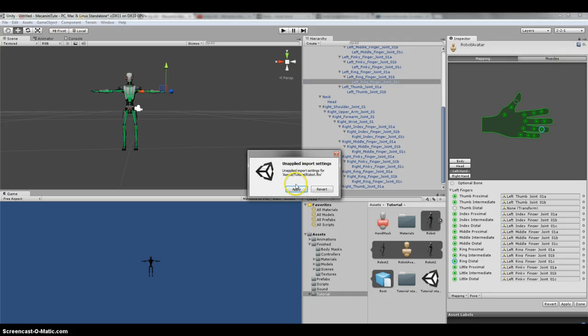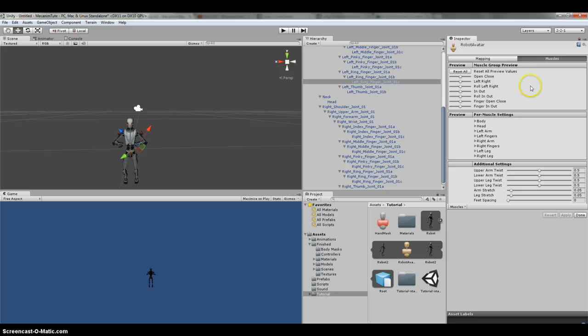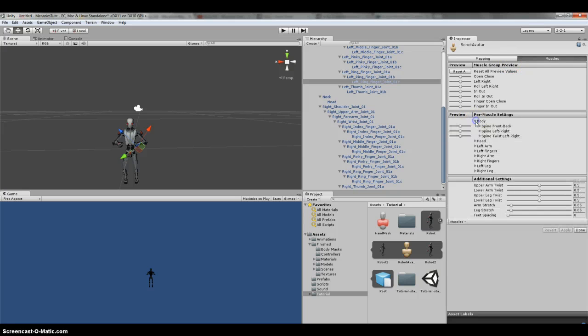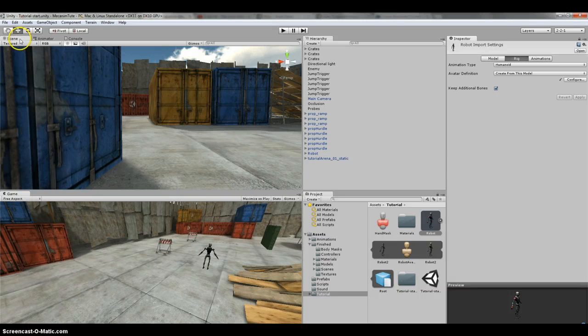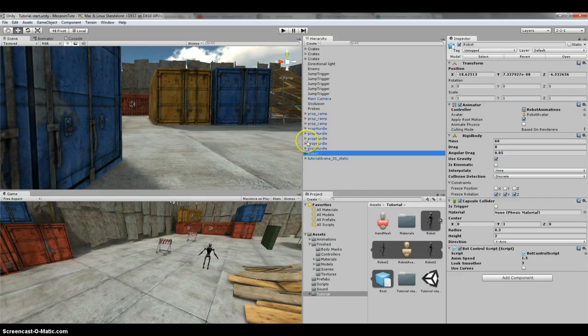There's also this muscles page where you can test how these muscles work, like head shaking and stuff like that. This is only for testing, and changes must be done in the modeling program. Okay, we're done. You can get out of this view back to default view, and choose this robot, and let's